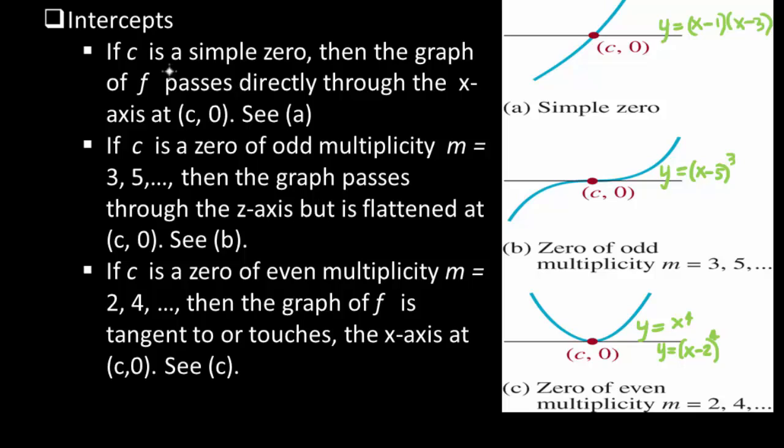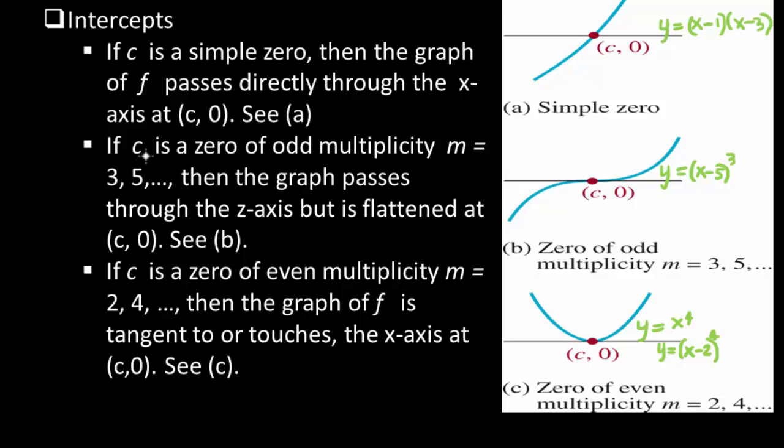So when you just have a simple 0, that means there's no other power here except 1 and 1 here. Alright, so what happens is f just crosses through the x-axis at the x-intercept or at the 0, just like a line would cross the